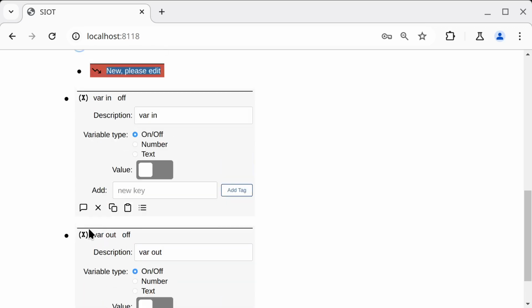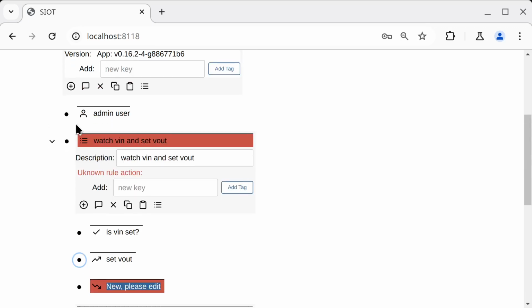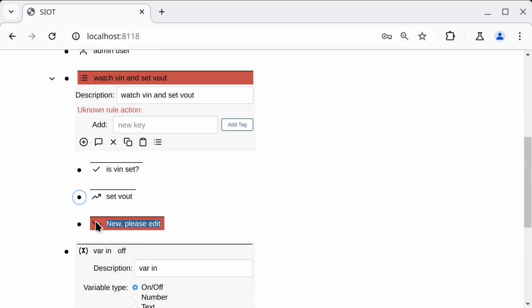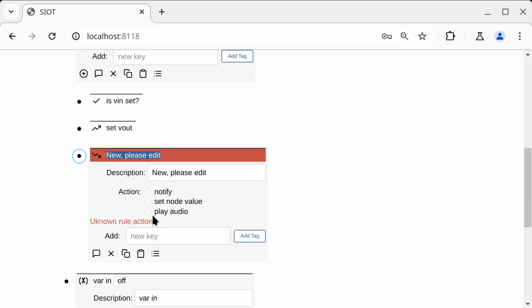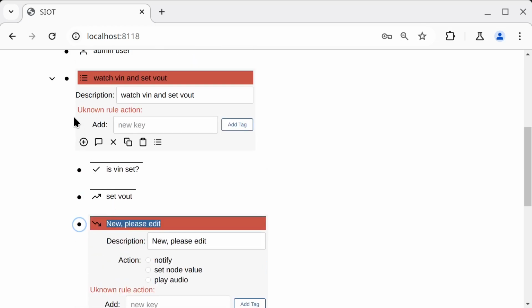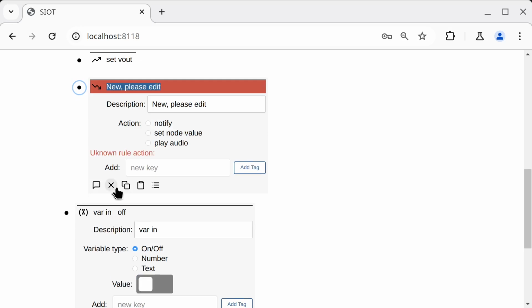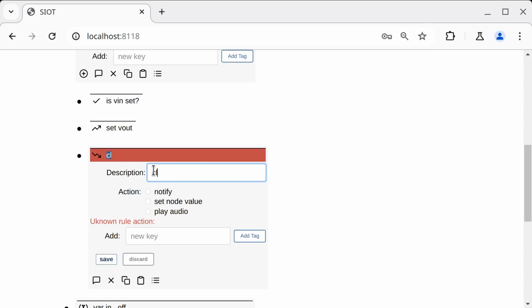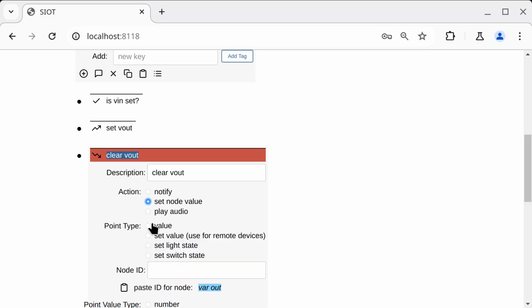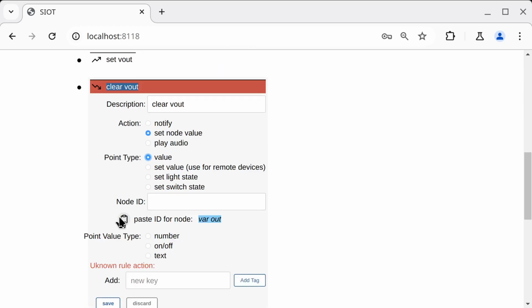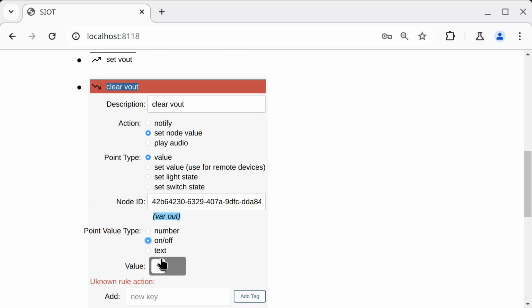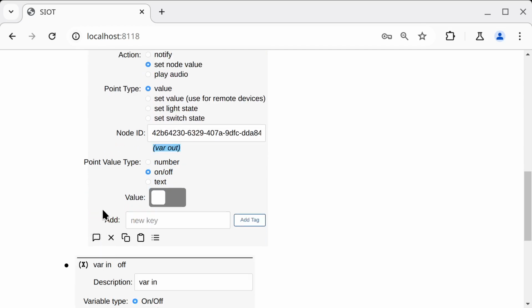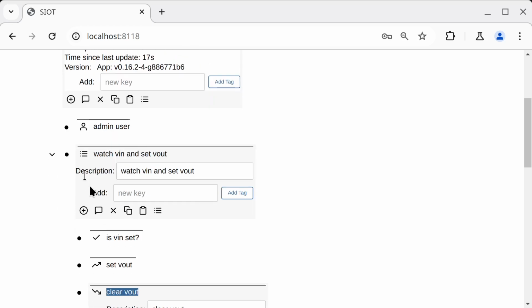Okay, so then the last thing we need to do is the inactive action. And notice these are being highlighted as red. That means there's an error. And if you open up the rules, you can see the error is displayed. So that kind of tells you something is not configured quite right. So this one is going to be clear v out, set node value, point type is value, node ID, so on off, boom. Okay, so notice the errors are now cleared,